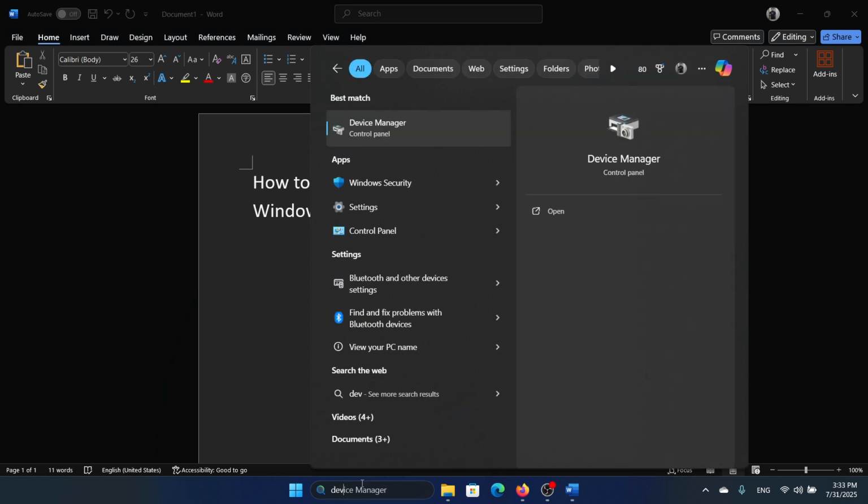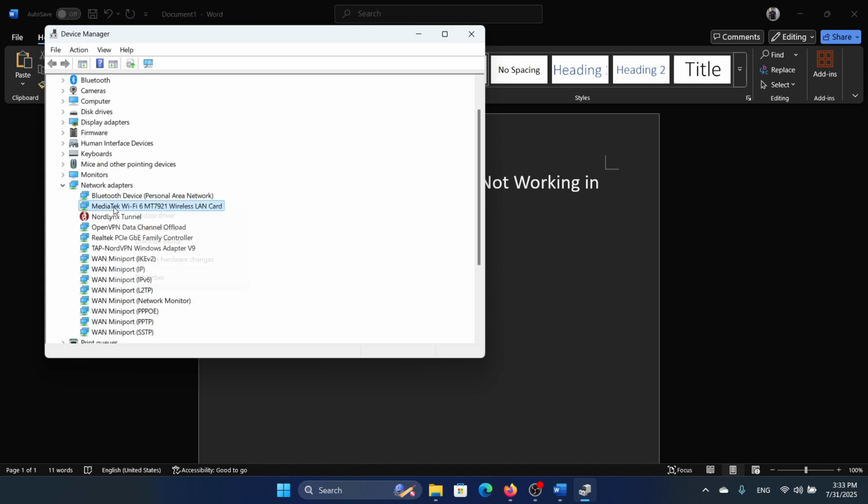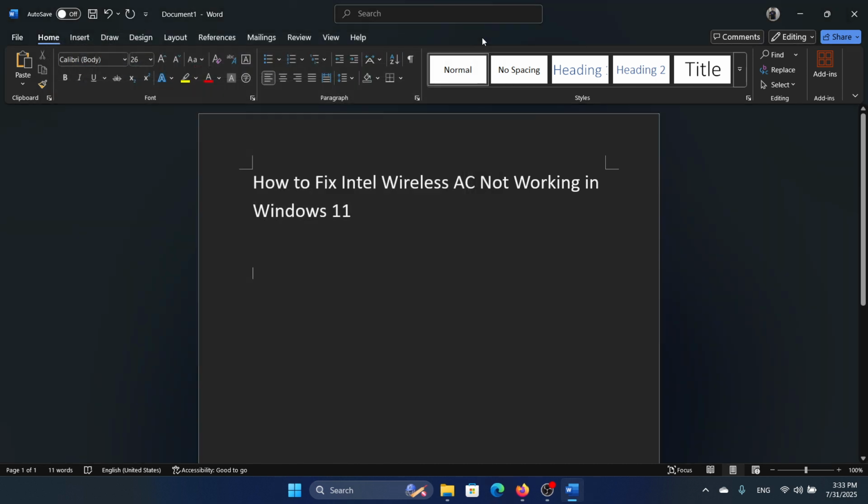So search for device manager and open the device manager. Expand the list for network adapter drivers. Right click on the MediaTek one, select update drivers and update it to the latest version. If this works, fine. If it does not work, then